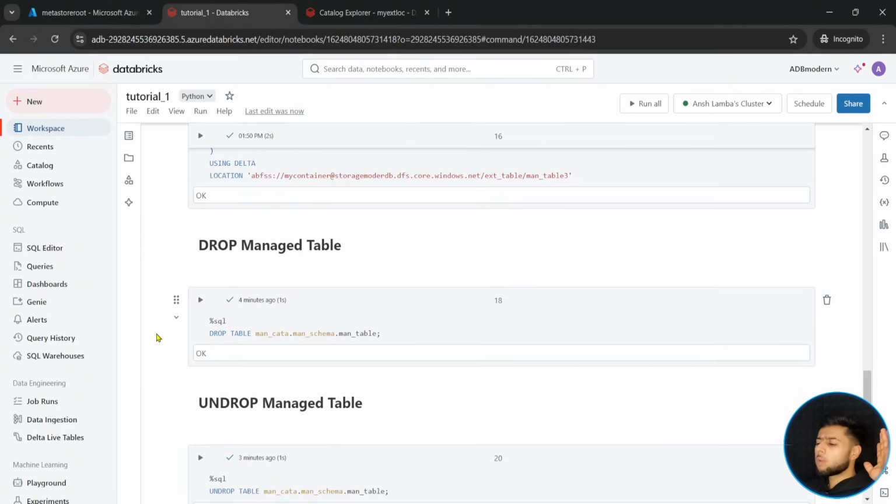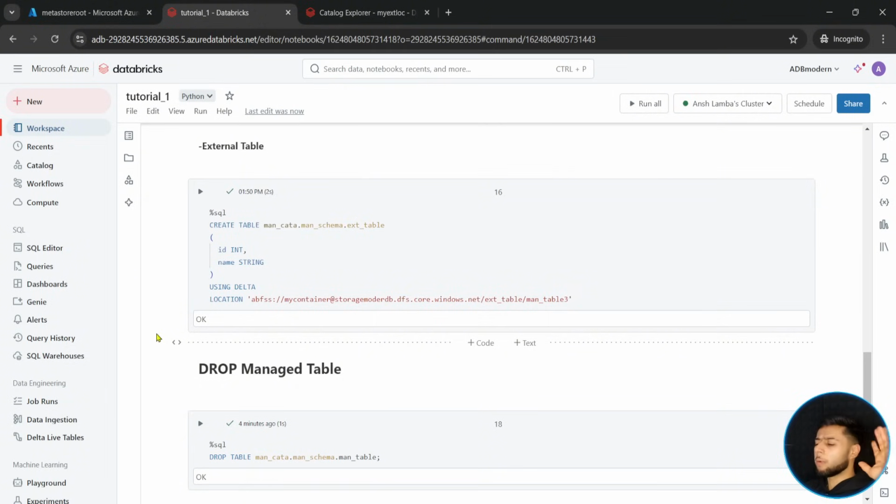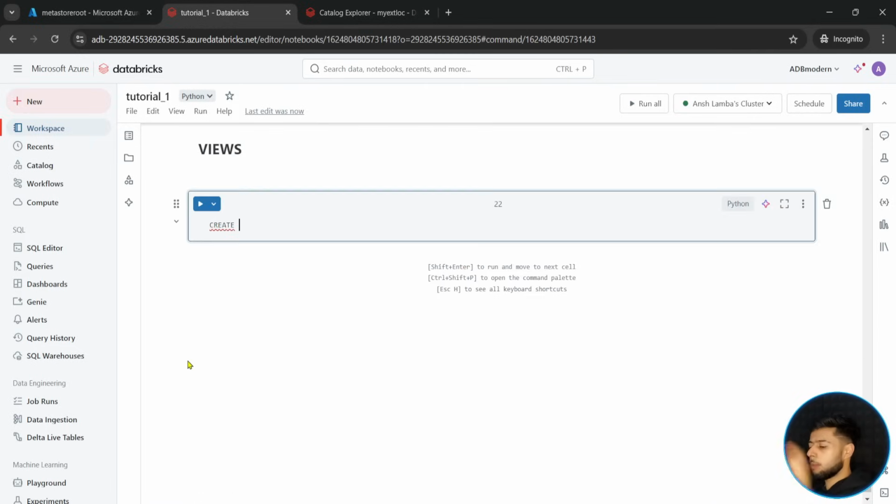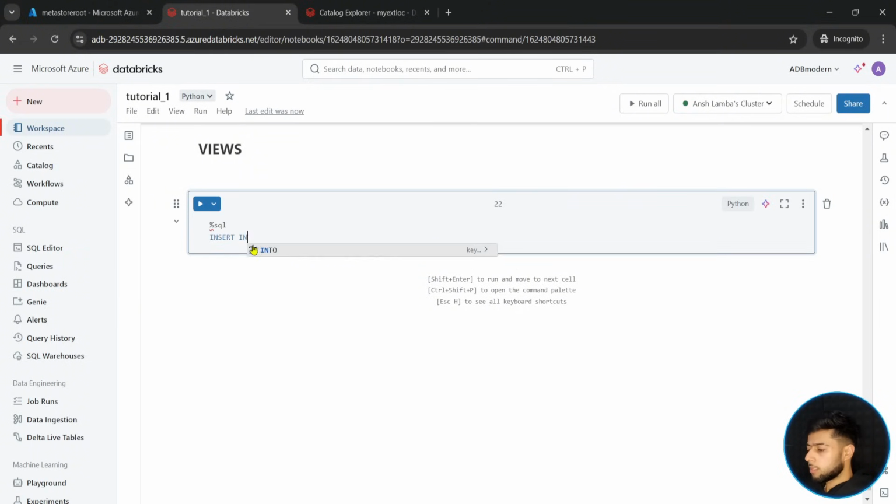Let's put some data in our external table, because I love external tables. Industry loves external tables. Why? Because we secure our data. We are the owners of our data. Even if we drop our tables, we do not drop our data. I love external tables, so I will simply put some data in external tables. I will say insert into, table name is the catalog, and the schema, dot ext